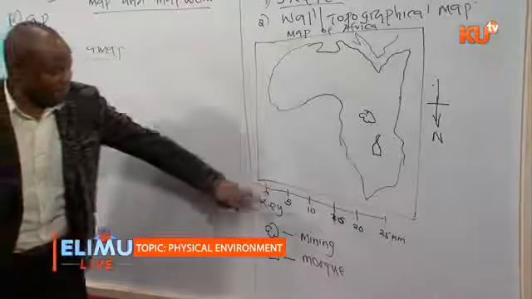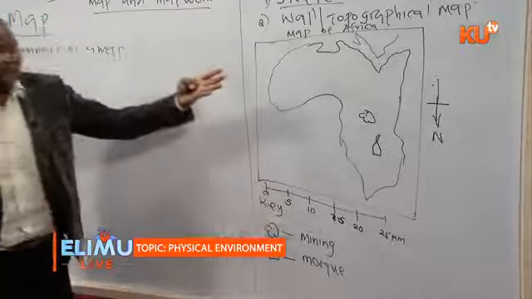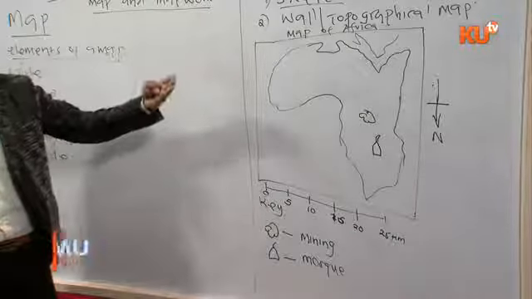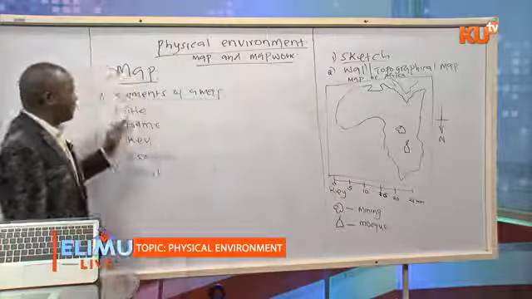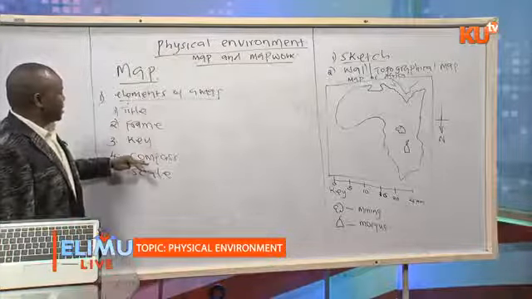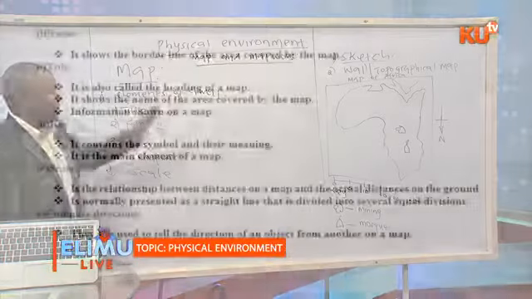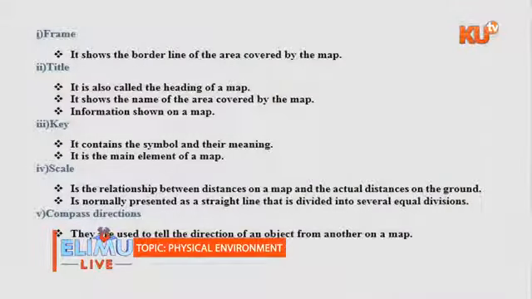Then this is our scale. This is the key. We have other features which I'm going to explain as the lesson progresses. Then we have the title, which is there. Then we have the frame, which is there. Then, of course, all the elements are included in the map. So that is the structure and the outline of what we are going to discuss today, and see how questions